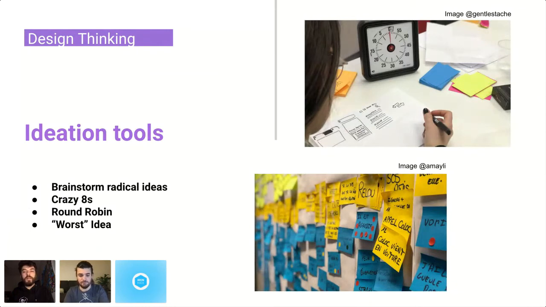And this is basically when a team just throws a bunch of ideas and thinks about, like, generating a bunch of ideas. Then there's the Crazy Eight. It's a super simple tool also for the team, where you kind of continue on the other's idea with drawing. Round robin is again drawing within a team, and we have best worst idea